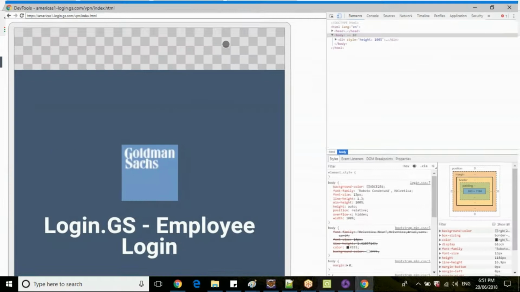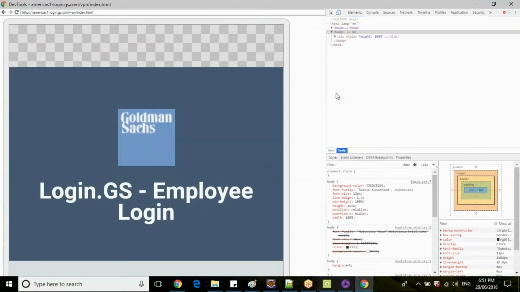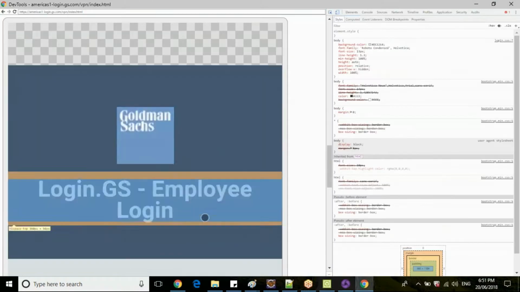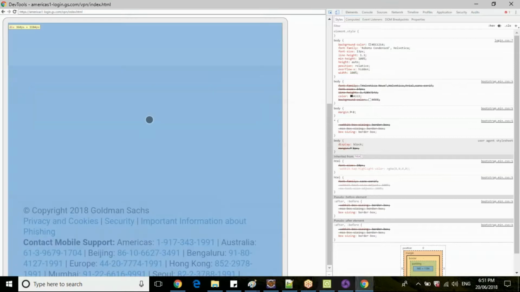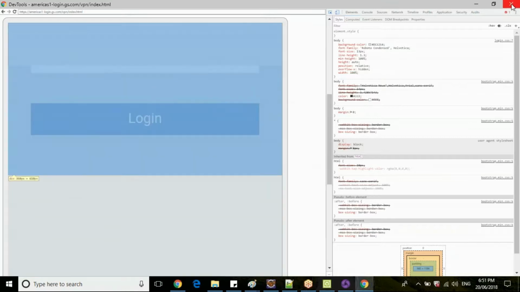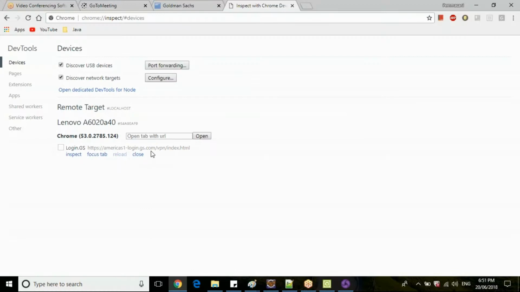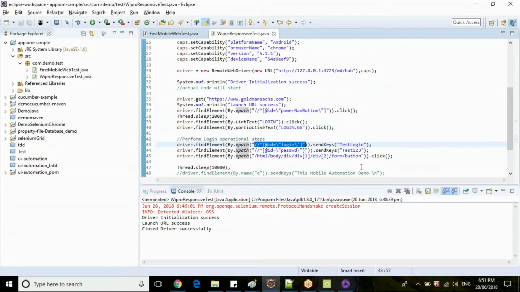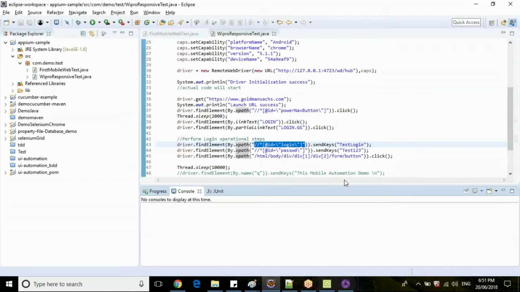Now let me inspect here. I will get a complete device screen here. You can use this device screen as it is for inspecting your web elements. Clear? Use your inspect button to inspect your mobile web elements through this Chrome inspector when your real mobile device session is connected. If you are able to identify your XPath, ID, name correctly here, definitely it will work in your Appium mobile web script. The same XPaths will work here. Clear, guys? Any queries in identifying this, inspecting the elements in Chrome?